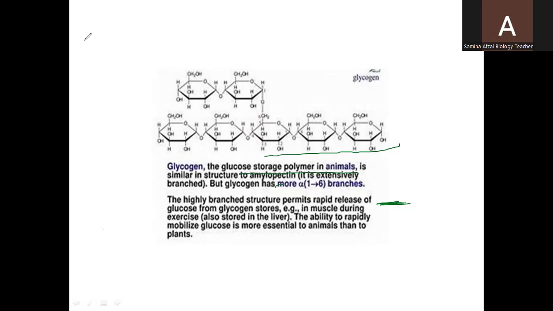So in muscles during exercise, and also stored in the liver, the ability to rapidly mobilize glucose is more essential to animals than to plants. So it is easily released when there is deficiency of glucose in the body of the animals. At that time, the linkage between the glucose molecules is broken down and glycogen is broken down into glucose molecules, releasing energy. So in this way, both of these